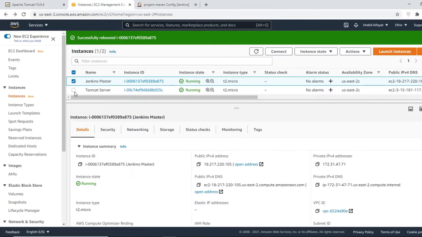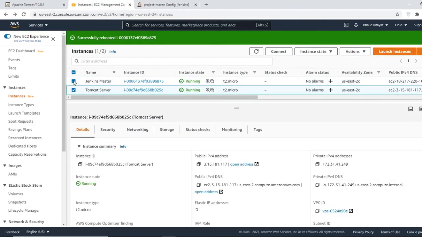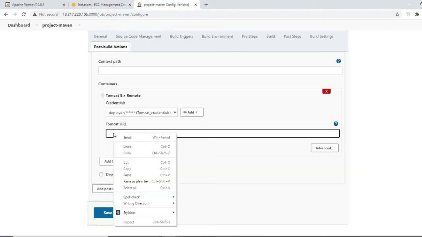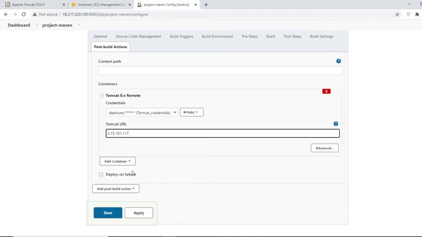So I'll copy the IP address of our Tomcat server, which is 3.15.181.117. So I'm copying it and I'm pasting it in our Tomcat URL. Paste, and the port is 8080 slash, and in the start I'll write HTTP. Okay, so now I will save it,